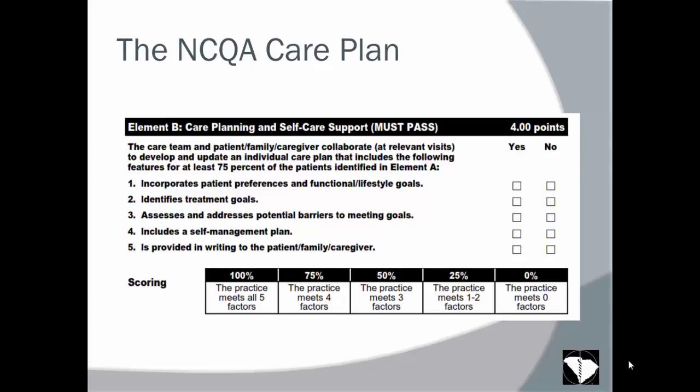And then any barriers that might exist, it could be patient compliance. It could be access to medications, whether because of cost. It could be transportation issues. There's a whole host of barriers that could get in the way of your patient achieving their goals. And this is where you identify those and try to think through with the patient, how do we overcome these? And then 4th, the self-management plan might be a written kind of goal sheet that you give to the